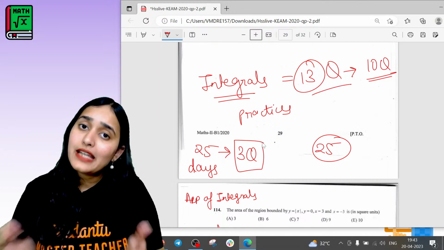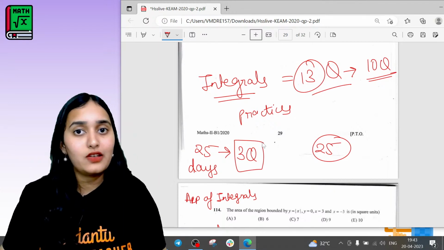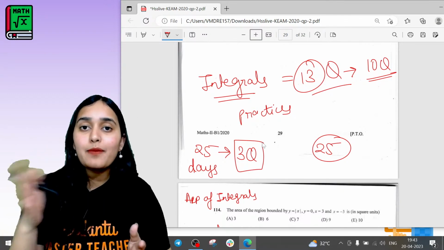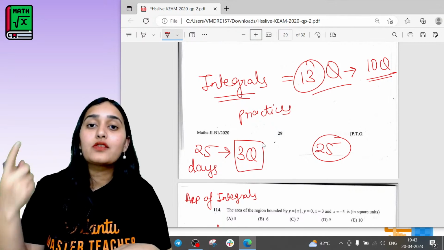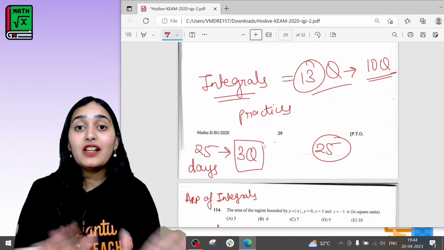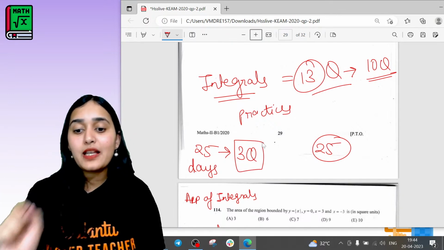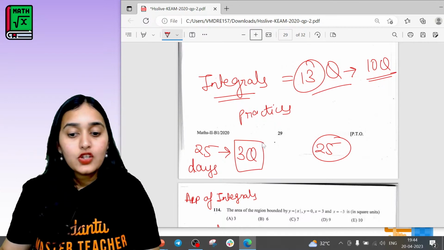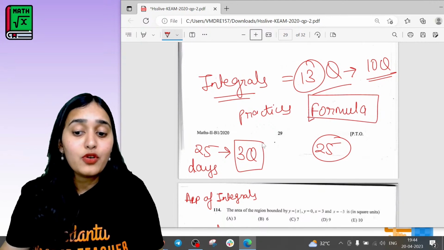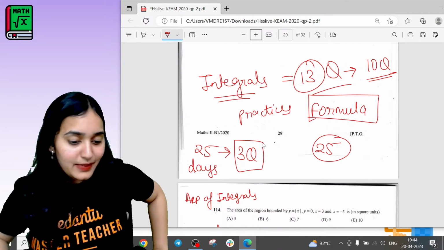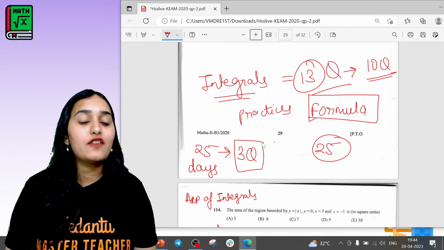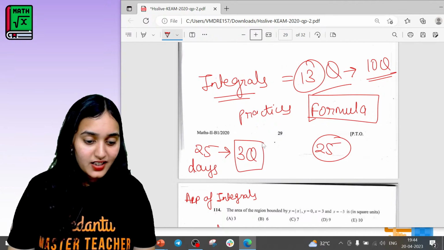From where to solve? Take your NCERT, solve each and every question of NCERT. After you complete NCERT, then only you open RD Sharma and see is there any other type of question, extra question, difficult question. But of course, don't do difficult questions. KEAM will never ask difficult questions, only easy and medium level questions. Okay? So, first of all, you memorize all the formulas. How many of you have memorized integration formulas? Honestly, tell me honestly. How many of you have memorized integration formulas? Tell me.